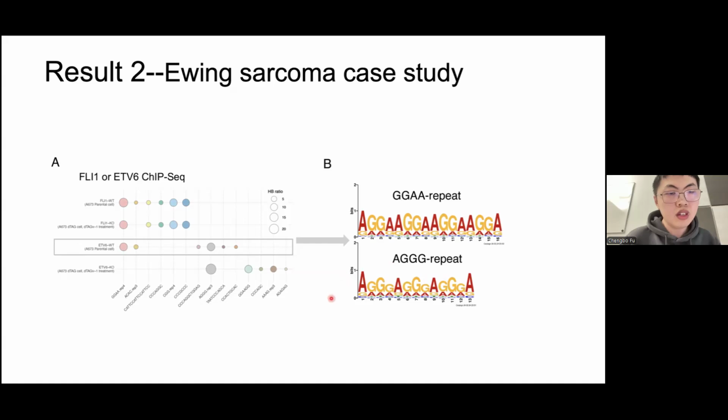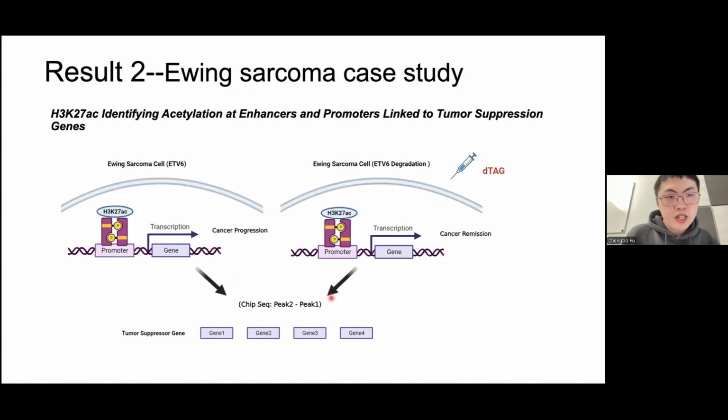It's also a strong signal, but here we don't know what it means. It may represent a meaningful biological signal, but it may also just be a false positive. So furthermore, we want to explore whether there is any other transcription factor like FLI1 that is also suppressed by ETV6. So we use the ChIP-seq data in the promoter and enhancer regions, and use KMAP to do the motif discovery